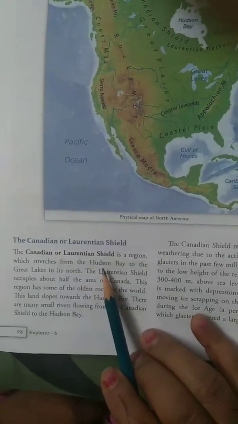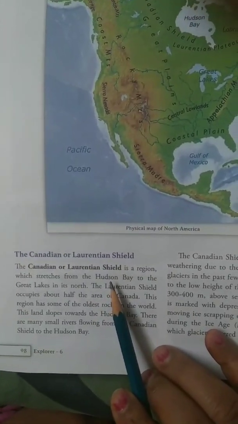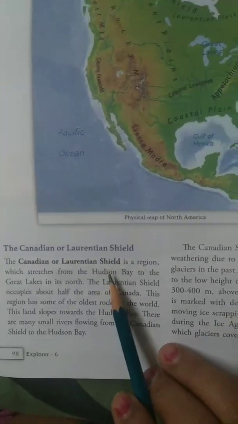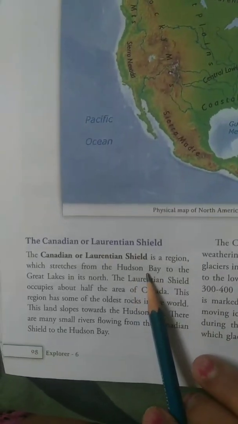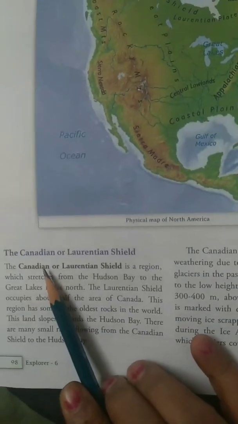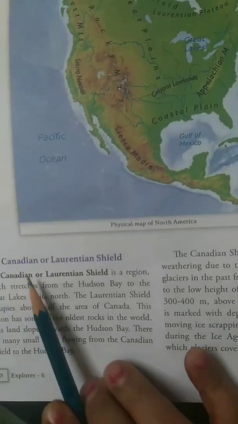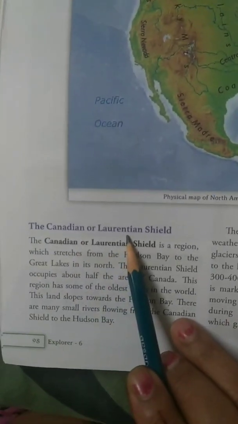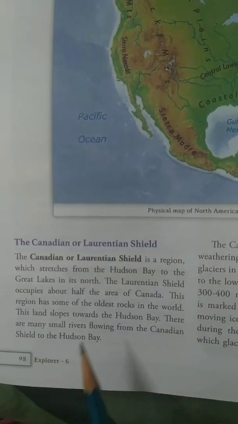Children, we are studying about the physical divisions of North America. As we already know, the physical divisions are divided into four parts. So we are reading about the first one, which is known as the Canadian or Laurentian Shield.